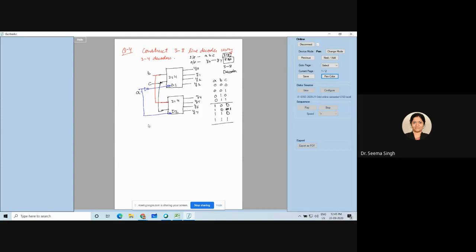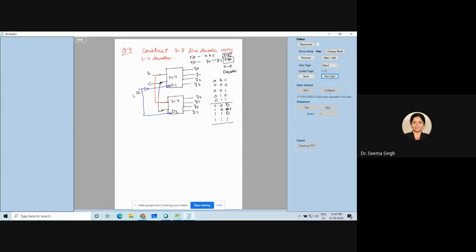Now I will explain what has happened. I have used this enable input as a control to make my 2:4 decoders act for this lower half and for this upper half. Now you see what will happen. All of you see this very carefully. This is your first combination question. You will have many like this, and I will give one for today itself.